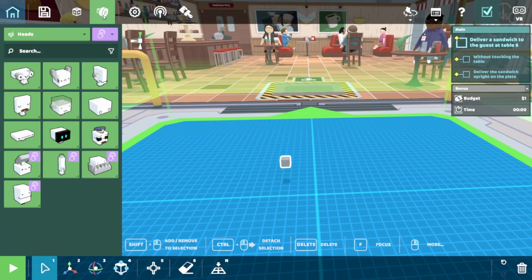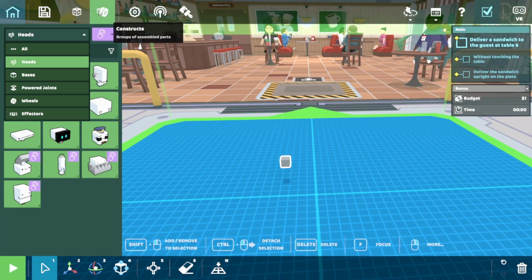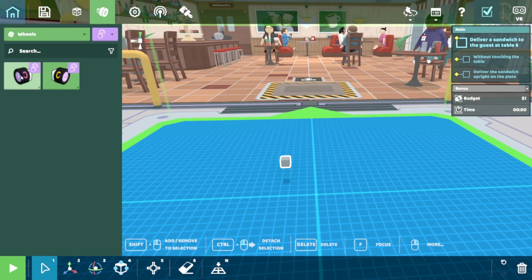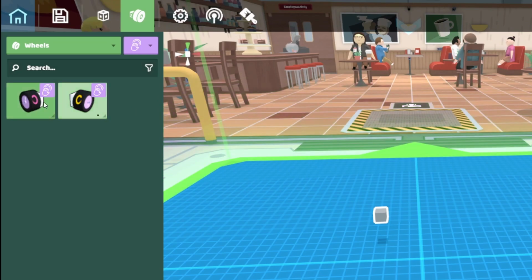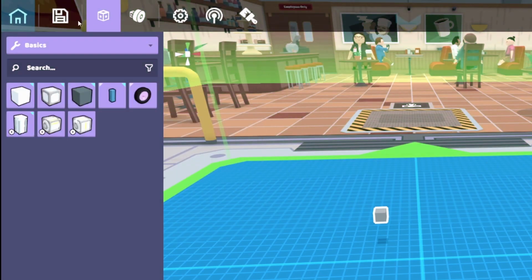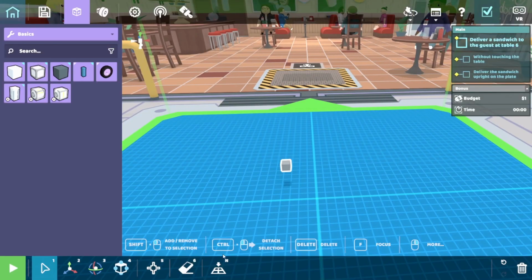But for now we'll just stick with basic, or if we go a little bit further across, we've got constructs, and these are stuff that are pre-built. For example, wheels. So this has already got everything that we need. It's already got the motor in place, and it's already kind of control wired up already. So that's good. So what we'll do, like I say, we'll start off with a heavy base,